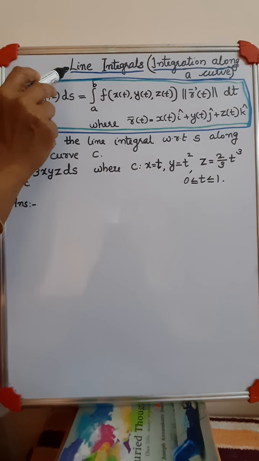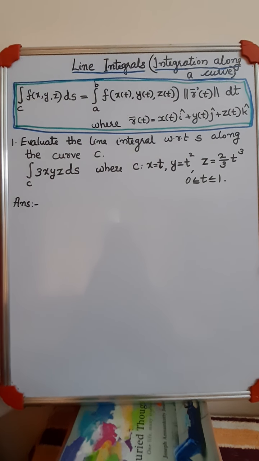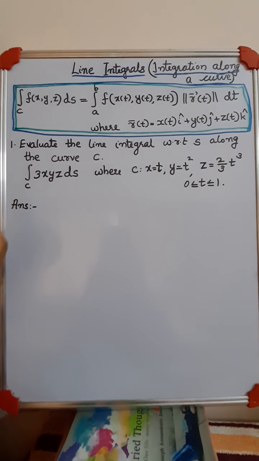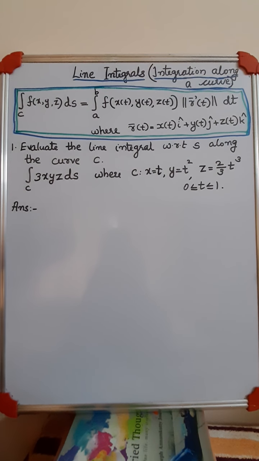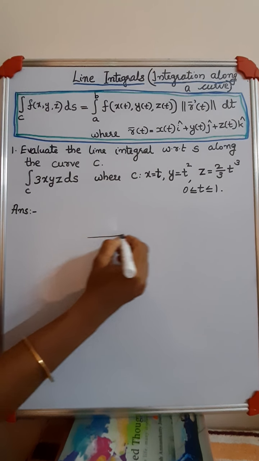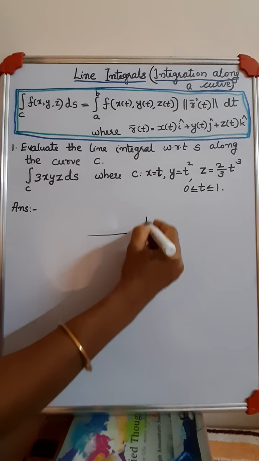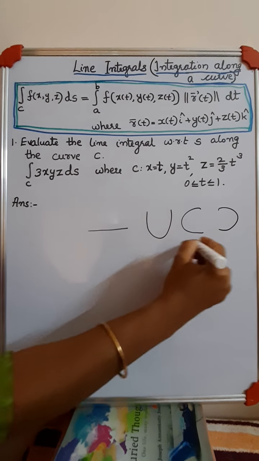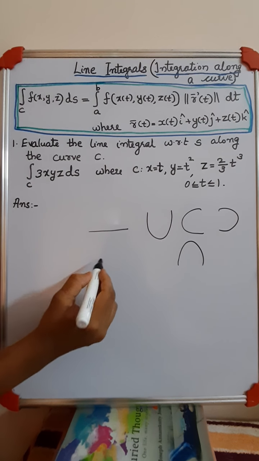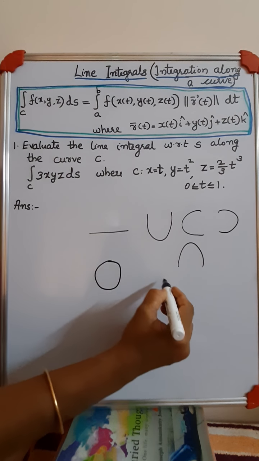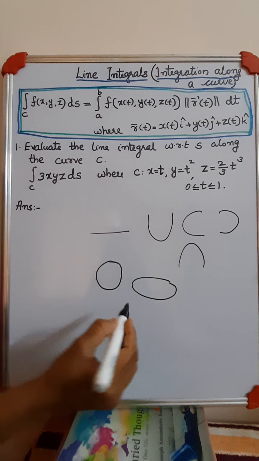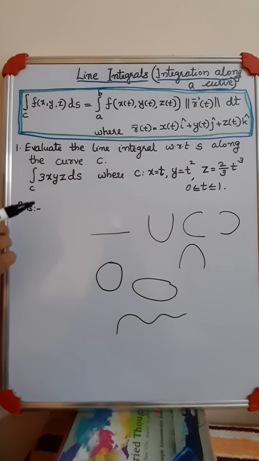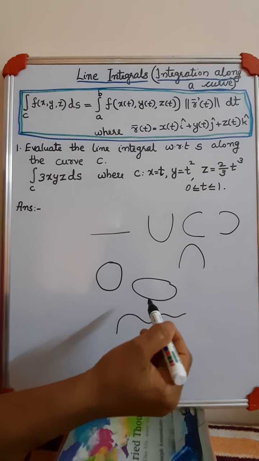Our next topic is line integrals. Line integral means it is single integration, an integration along a curve. There are different types of curves. First one, it can be a straight line. It can be a parabola like this, upward, leftward, then rightward, downward, etc. Another example for a curve is a circle, then ellipse. These are all curves. Then curves without names, these are all curves. So these are all different examples for curves.